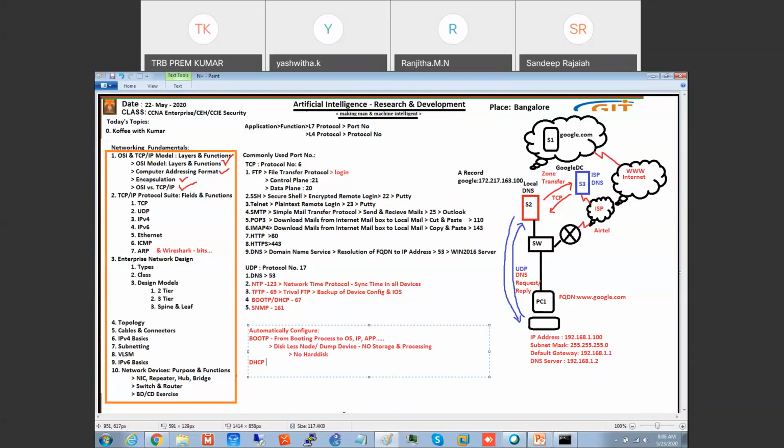So what is DHCP? DHCP is not booting. For DHCP, we'll have a computer which has a hard disk, OS, everything will be there. It will only be dynamically configuring. So what is it going to configure? Dynamic means automatic. Dynamic Host Configuration Protocol.